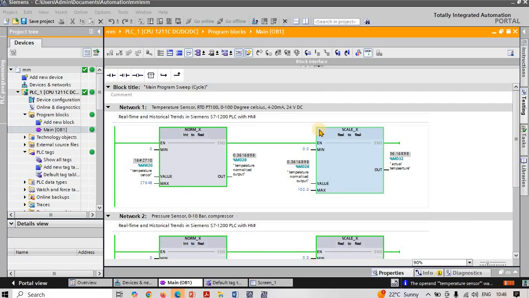Because when you just learn the trend in HMI, you are not able to understand how to put the PLC tag in HMI, right? So that is the reason every time when I have taken examples, I have shown you that with the PLC, right? Not just with the HMI, right? Okay, so this is the best thing which I'm giving